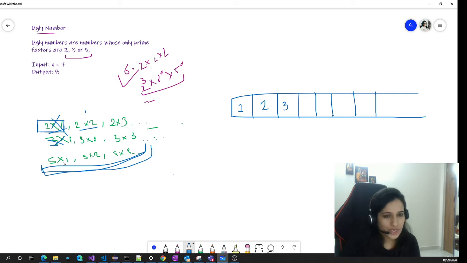Three options we have, and 4 is definitely smaller than all. So I can just write 4 as the next ugly number. And next is 6, 6, and 5. So 5 is the next smaller one. So I'll write 5 here. And